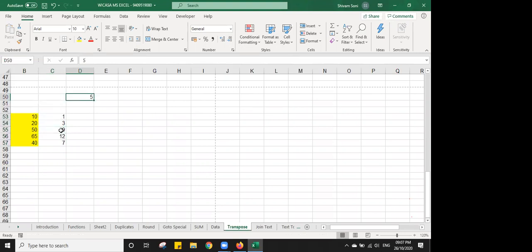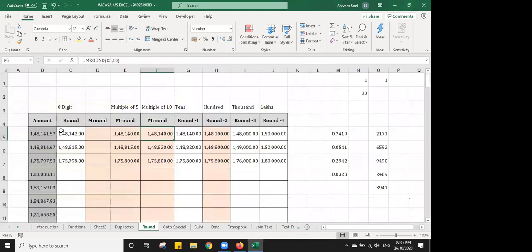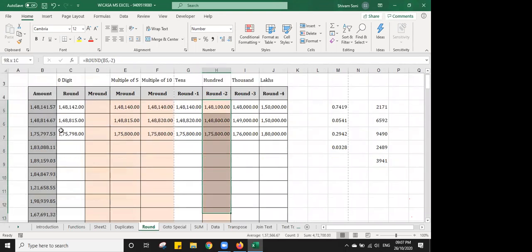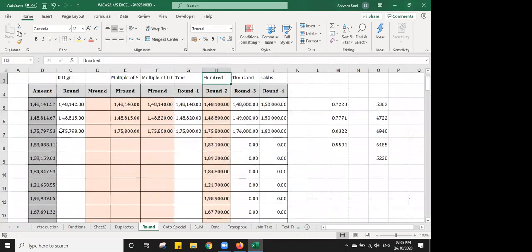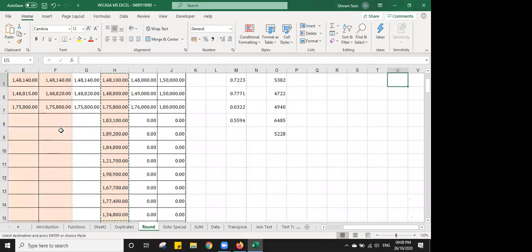So this function has a useful functionality. Suppose my data is in full figures and I want this data to be in thousands.